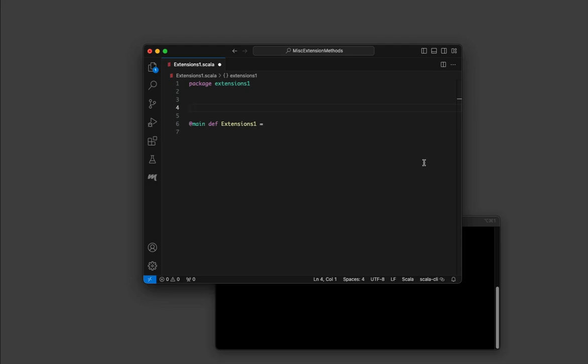The next thing I'd like to show is how to use extension methods in Scala. So this is kind of, what's a good way to describe this? Extension methods are a feature that lets you add new methods to existing types. So for example, you could say, well, what if my password was something like